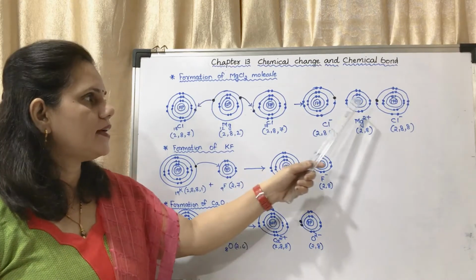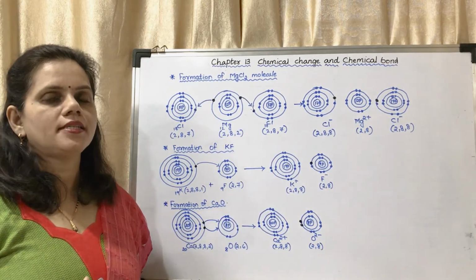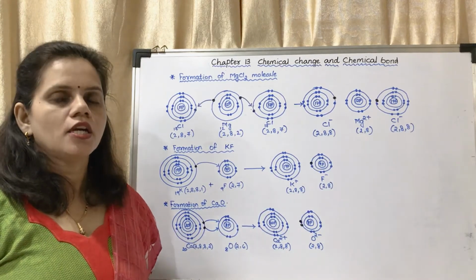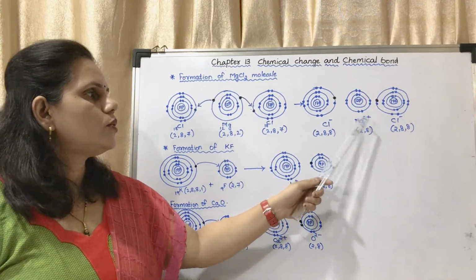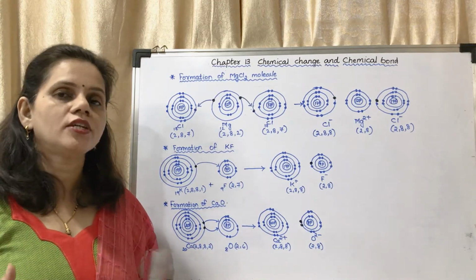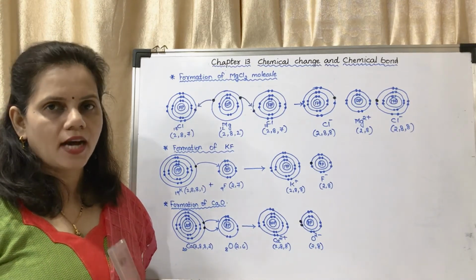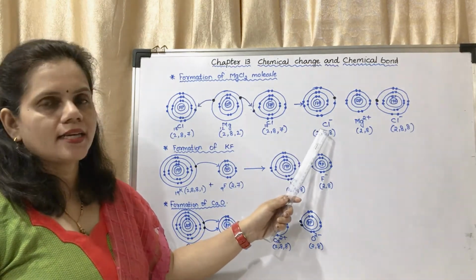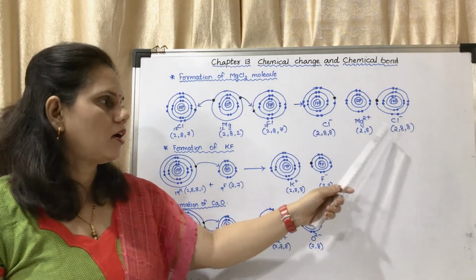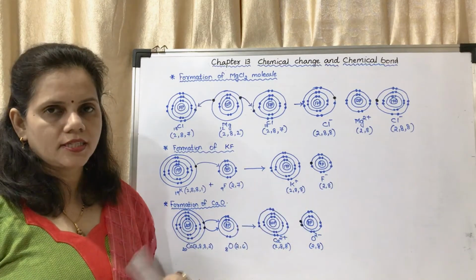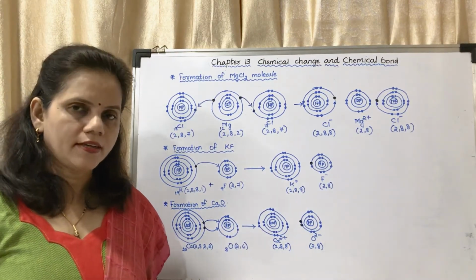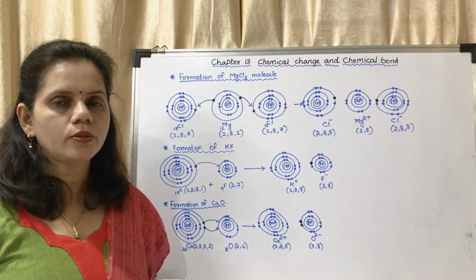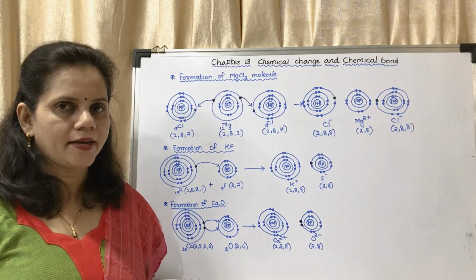So it will have more positive charges. It is having 12 protons. That means it is having 12 positive charges and 10 negative charges. So it will get 2 plus charge, a positive ion. So this chloride minus ion, another chloride minus ion, and a magnesium positive ion will combine together by electrostatic force of attraction to form MgCl2, that is magnesium chloride.